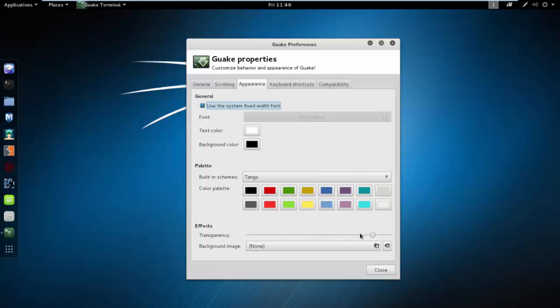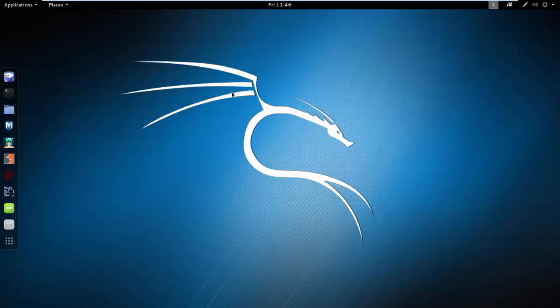The first change I want to make is I don't want it quite so transparent. So I'm just going to move this slider down. And the cool thing is I don't even need to press OK or anything. I can just close this window. And then when I hit the F12 key to open Guake,